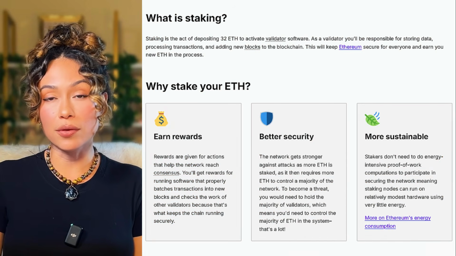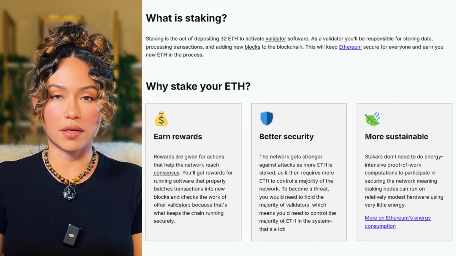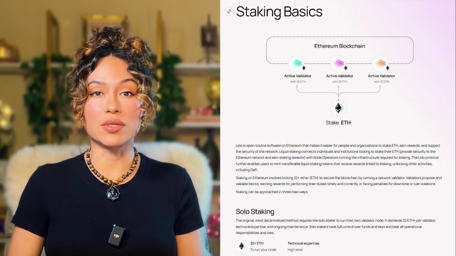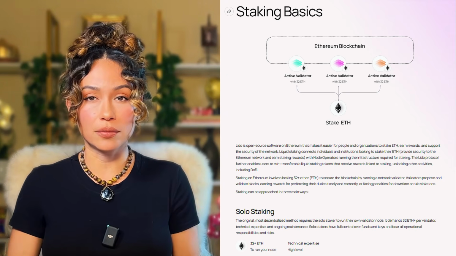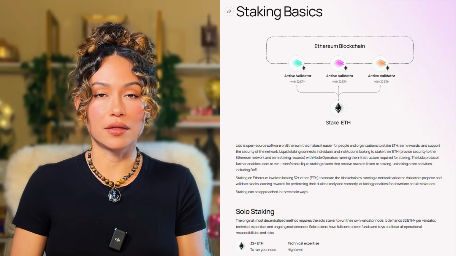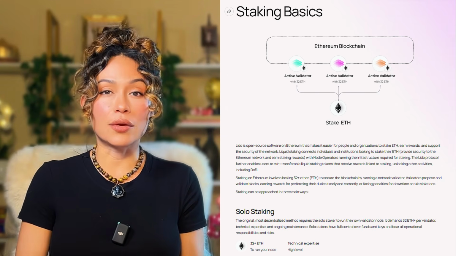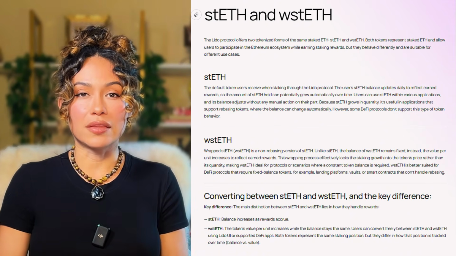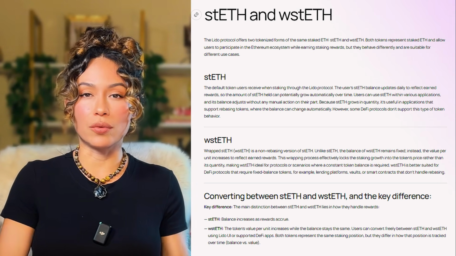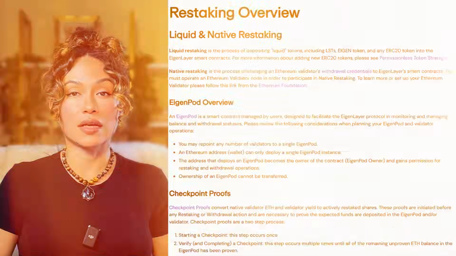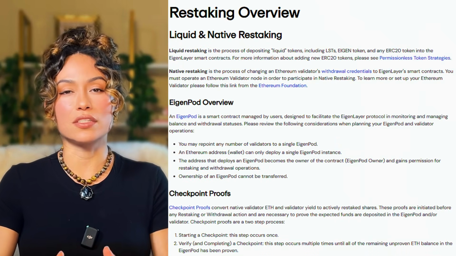So let's start with the asset that got stolen, because if you understand RS-ETH, everything downstream makes sense. Staking is when you lock up your Ether to help secure the Ethereum network, and you earn yield for doing so. Liquid staking is a layer on top of that. You deposit Ether with a protocol like Lido, they stake it for you, and they hand you back a receipt token like STETH that represents your stake position. That receipt token is still liquid, meaning you can trade it or use it elsewhere while your underlying Ether keeps earning. Now, restaking takes this one step further.